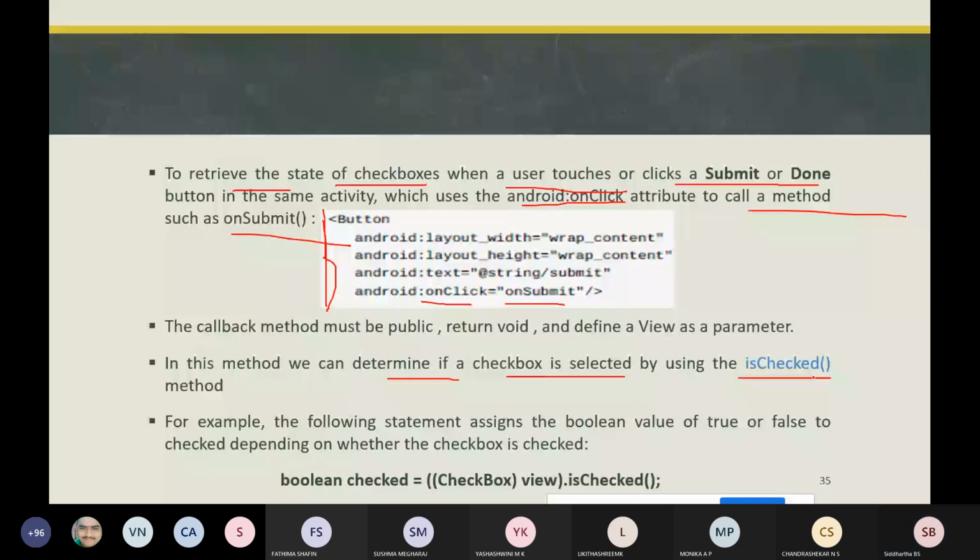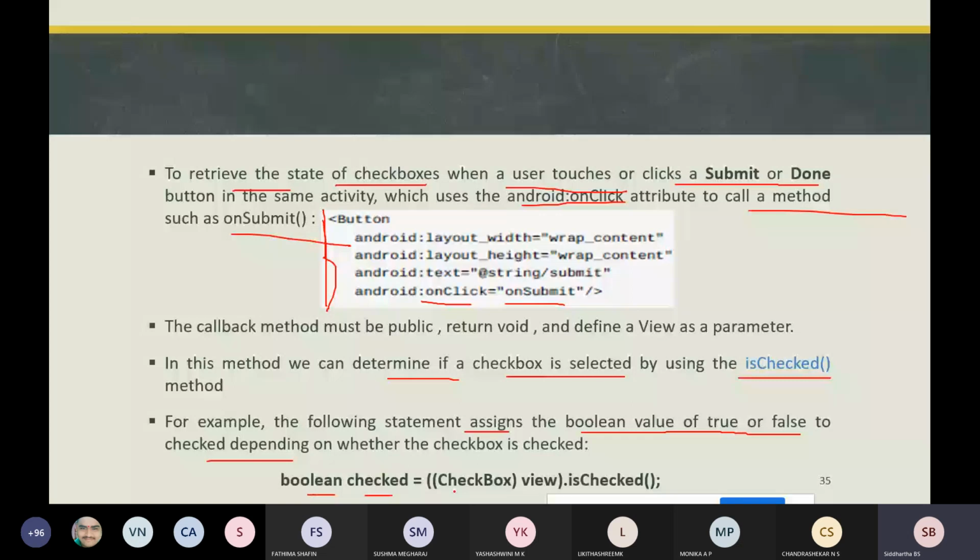If you have checked that particular checkbox, the Boolean value will be true. If you have not selected a particular checkbox, the Boolean value will be false. How to check that? You need to use the statement boolean checked = checkbox.isChecked(). This is a simple way.